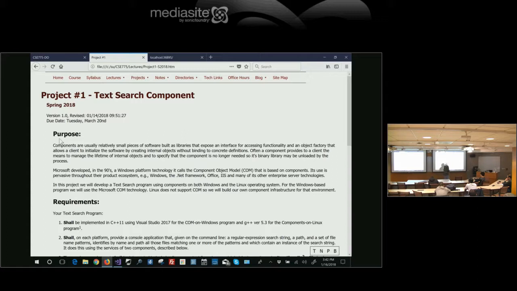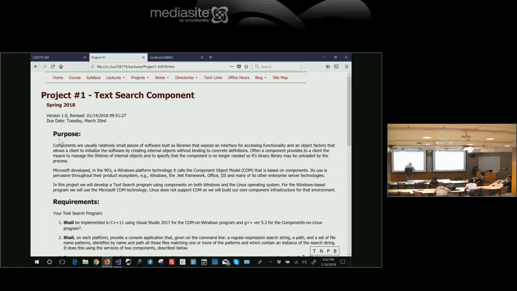So, project one. Now we won't know enough COM for a while to complete this program. So I have a due date of March 20th.